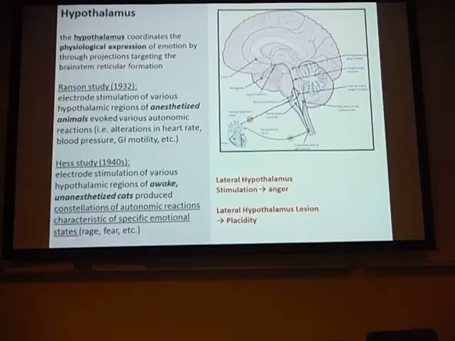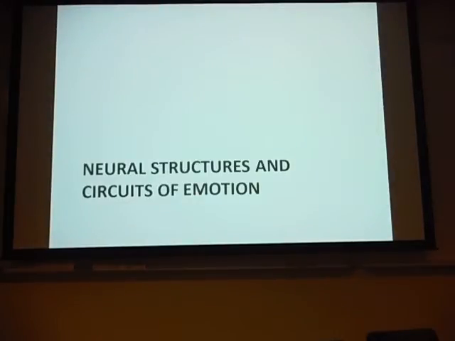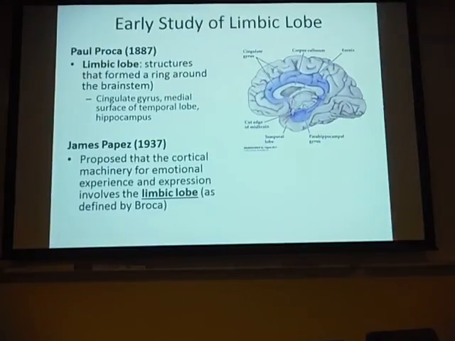And similarly, if you lesion the hypothalamus, you can get placidity. So a failure really to generate an anger response when you would expect to see that behavior. So again, we're going to come back to hypothalamus next week. We'll look more at some of the specific autonomic pathways, but for the rest of this morning's lecture and what we'll spill over into the afternoon, I really want to focus on what has typically been referred to as the